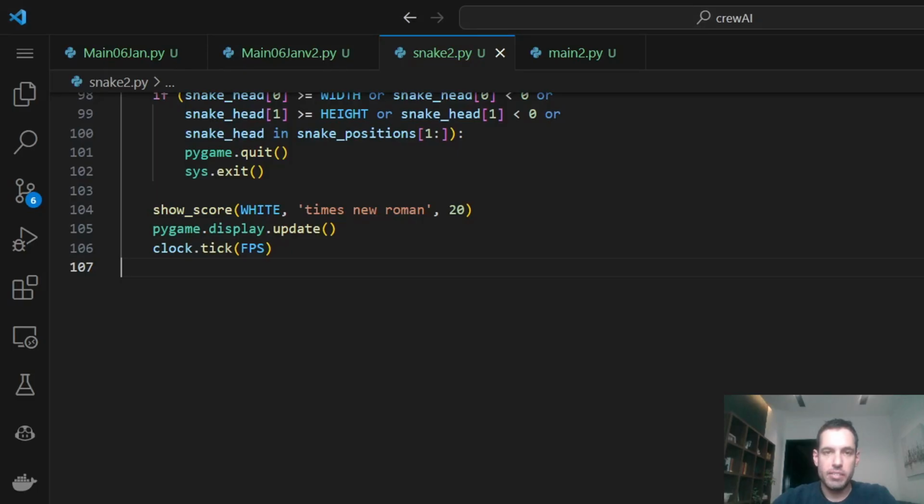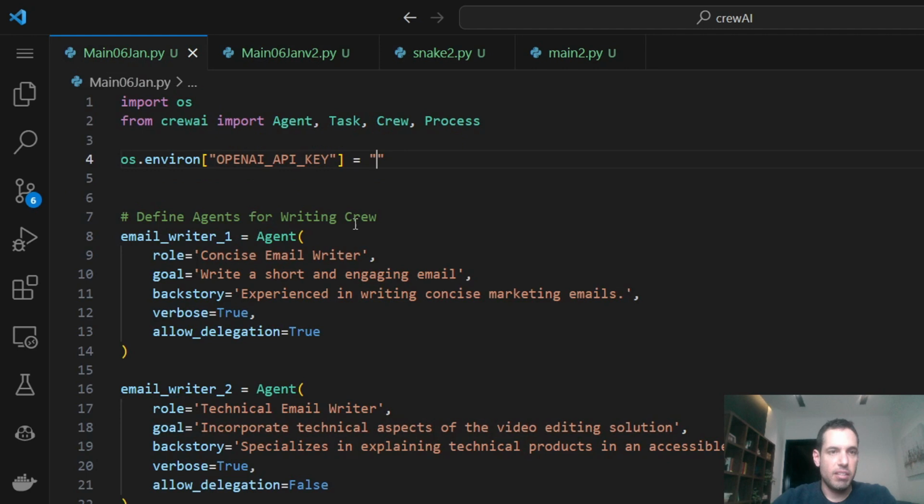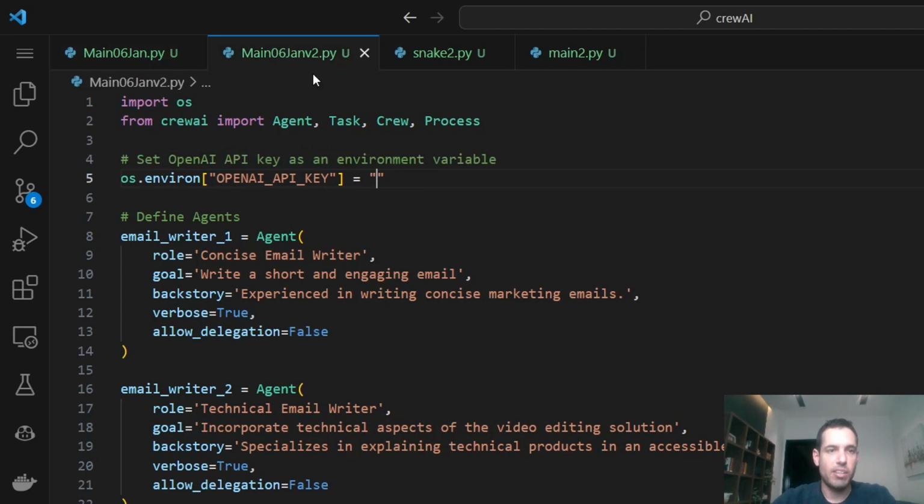Now, this is the code for the first one, and for the second code, I did something different. Instead of breaking this down into three different crews and providing tasks to each one of them, I created the following: one crew with one detailed task and one owner, which was the direct-to-consumer CMO that had delegating abilities. So here we are defining the agents: email writer 1,